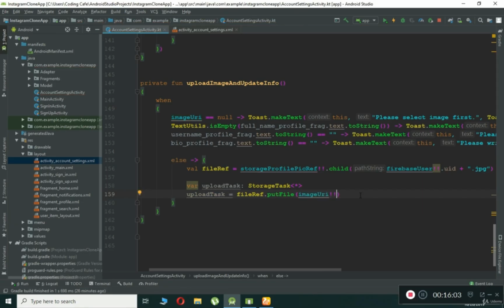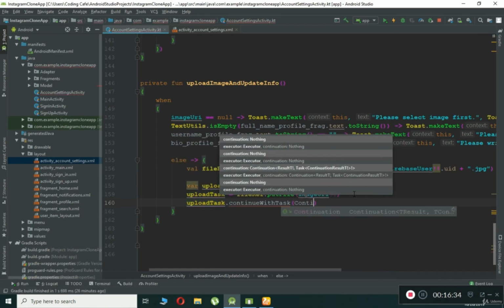Now it will put, or you can say store, the image to the Firebase storage, but we have to get the download URL, or you can say the link to that image, so that we can retrieve and display it on our profile picture later on. First of all, we have to obviously add it inside the database also. We have to store that link, that download URL. How can we do that now? Well, all you can do is say here task.continueWithTask